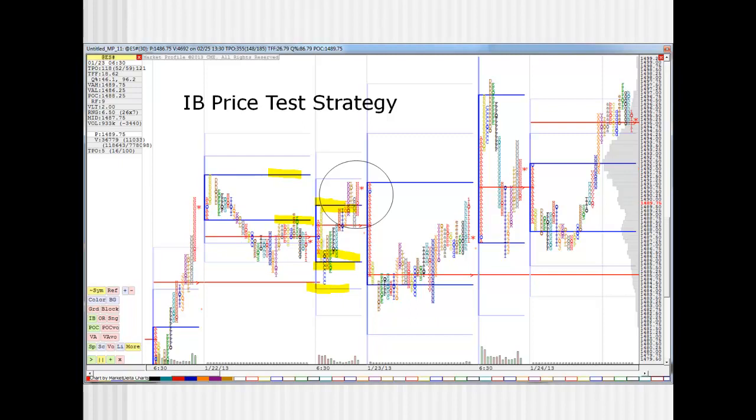So what I'm trying to say is, conceivably, you could have been in a long position in period D, and again, if you would have used the initial balance low as your stop, in this case, you would have gotten stopped out. So sometimes it may behoove you, when the range is so tight or so narrow, the initial balance high and the initial balance low, to use for your stop loss the lower initial balance reference point, meaning the 150%